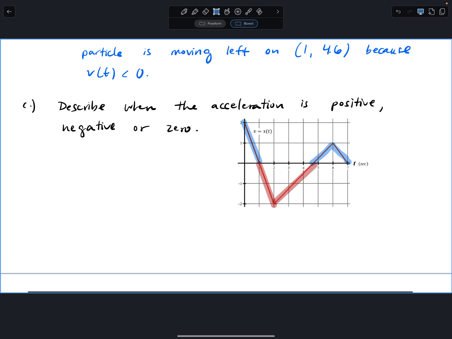Okay, so just make a note for yourself that acceleration is the derivative of velocity. So that just means the slope. Okay, so this is just basic math 1 stuff, guys. Y equals mx plus b. Is there anywhere where this graph is going up? Yes. Where does it start to go up? At what number? 2. And when does it start to go back down? 6. So you would say it's positive